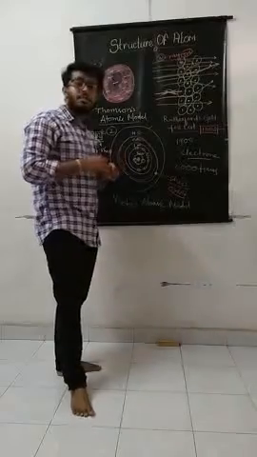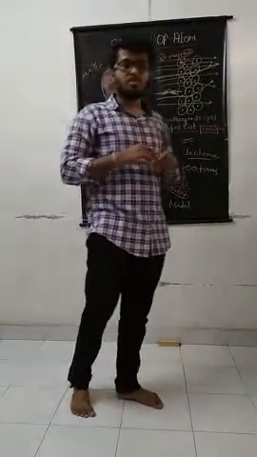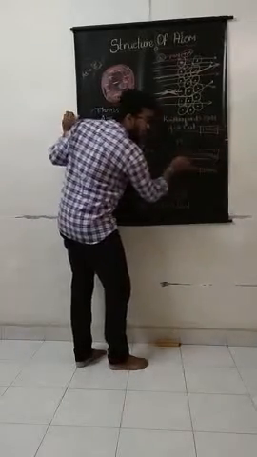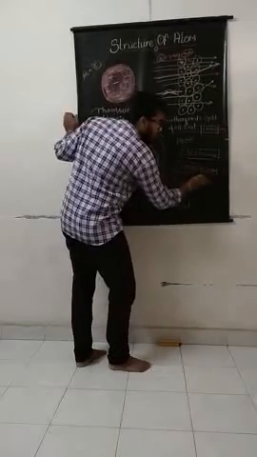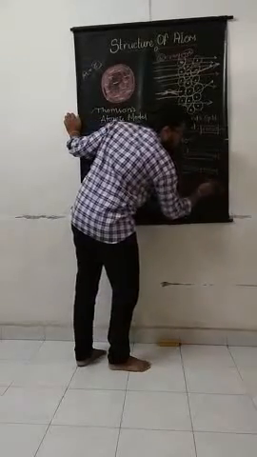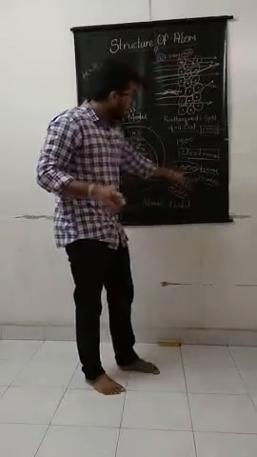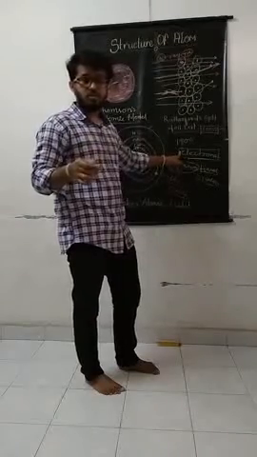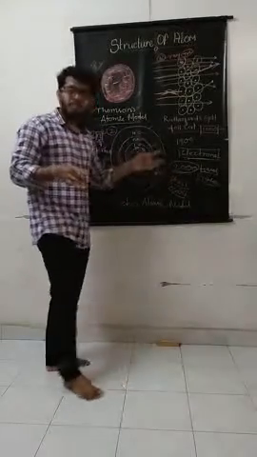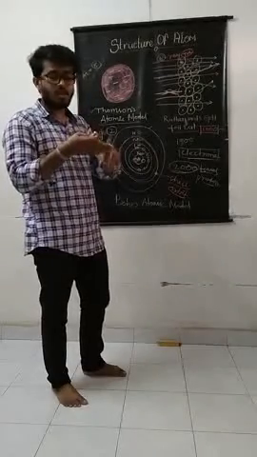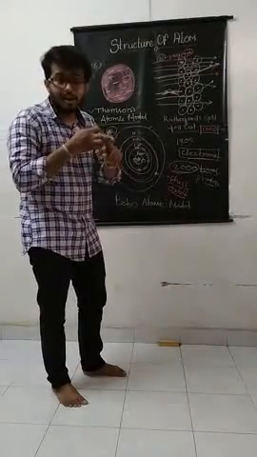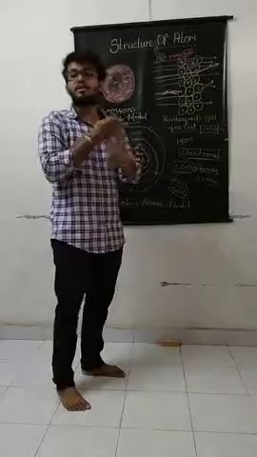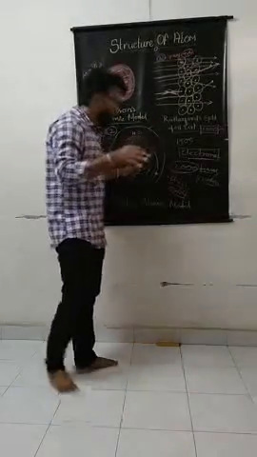After that, the atomic mass. What is called atomic mass? First, we know that the mass of an electron is about 2000 times less than the mass of a proton. So in comparison to the proton, the mass of the electron is very negligible. So how can we calculate it? The atom contains 3 subatomic particles: electron, proton, neutron. Here the electron mass is negligible. That's why the mass number can be calculated from the protons and neutrons, which reside inside the nucleus.